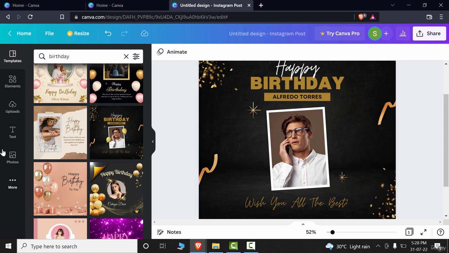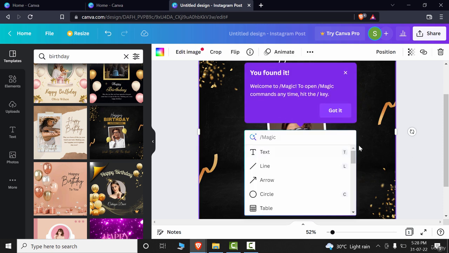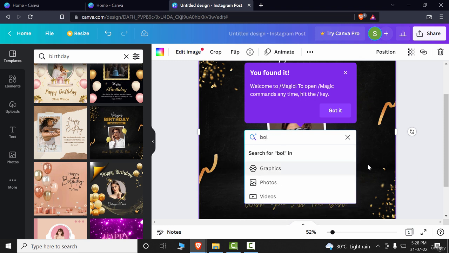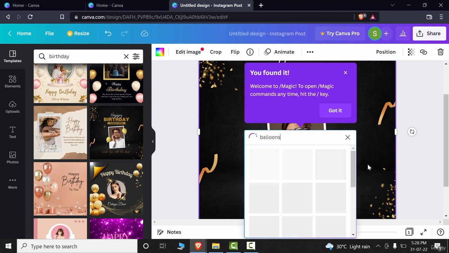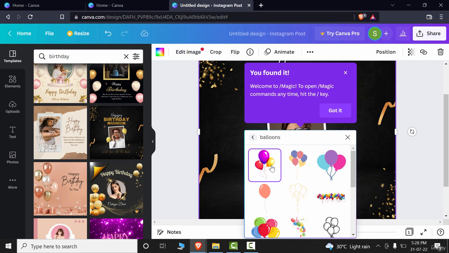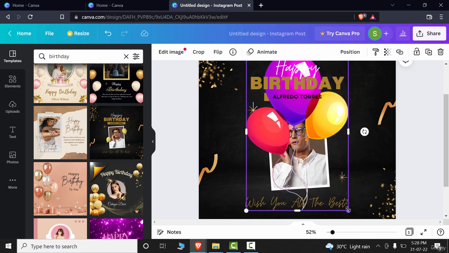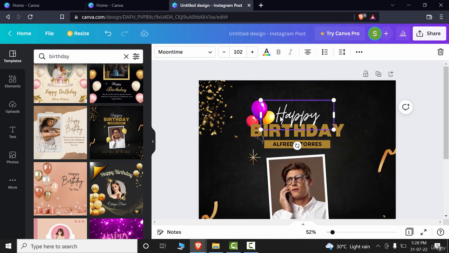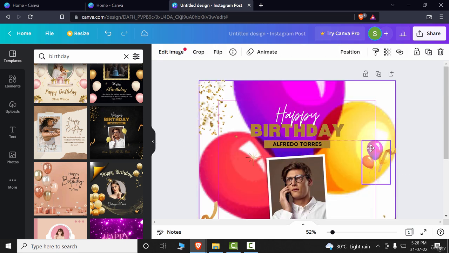To find that, you might want to search elements or some other areas, but you can quickly do that by just typing the / on your design, and you will get the option to choose or insert a text, a line, arrow, circle, different shapes, different charts, and logos, videos, photos. All of the options are in one place. So you will simply write, let's say, balloons here and hit enter. You will get a lot of templates from here. For example, if I choose this one, I'll just resize it like this,